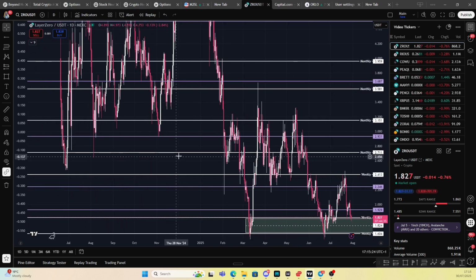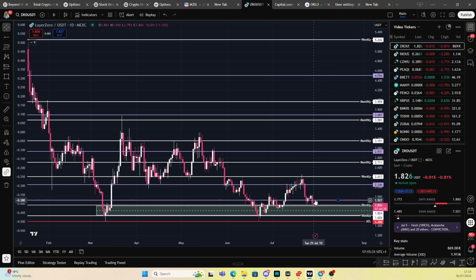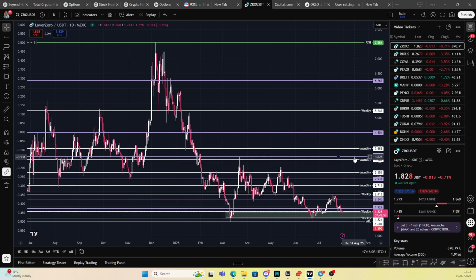the key point you'd be looking at for ZRO is you'd want to see a solid hold of this weekly level, a push into this volume, and then your first potential target would be here at $2.25. After that, you'd want to see it gain this weekly level at 2.4, then up, and the real one to clinch is this monthly level. If it holds this monthly level, you've had so much price action here that you may quite quickly move up to this level here, and then from here, upside targets are $3.90, $4.50, $5.20, $6,